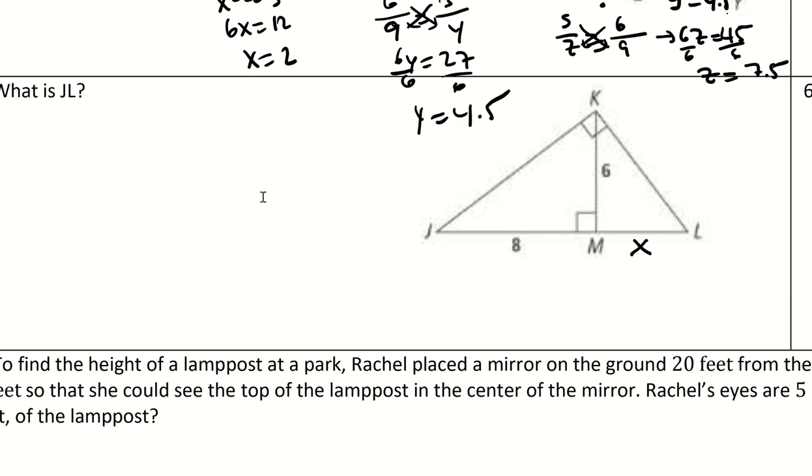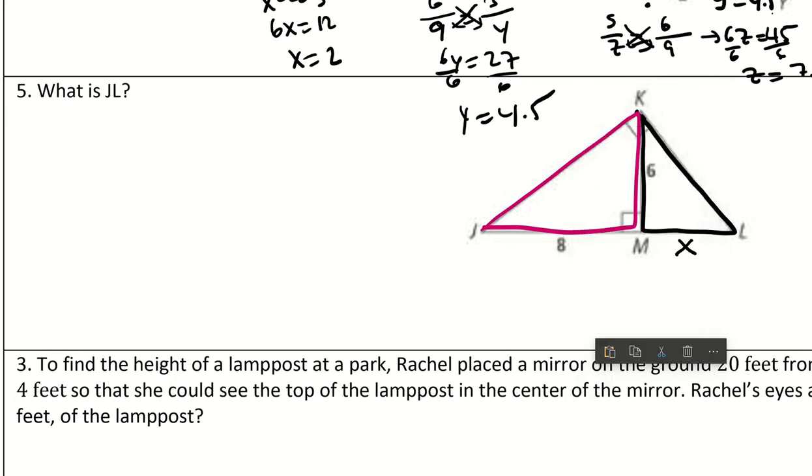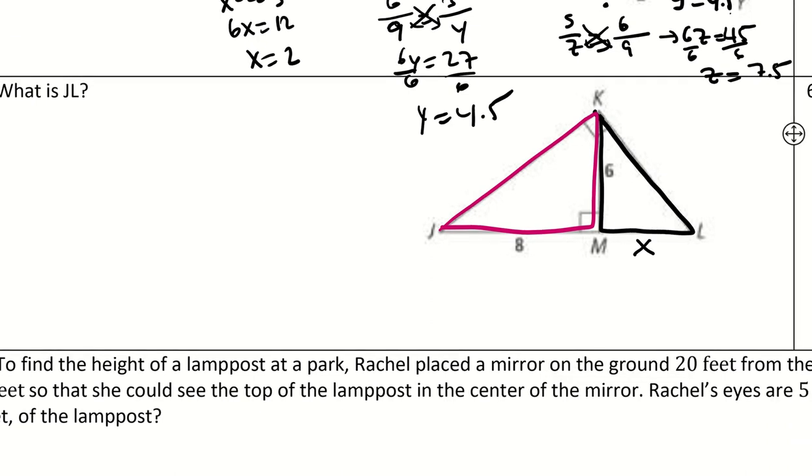So what I'm going to do is use this triangle here, and I'm going to say that that triangle is similar to this triangle over here. Okay, so I'm going to claim that those are similar to each other. All right, and I'm color coding it so that you can see what the numbers are for. So basically I need to know which sides correspond to each other because these are similar, but it's kind of